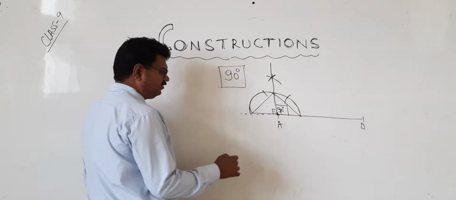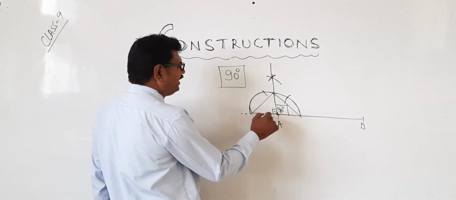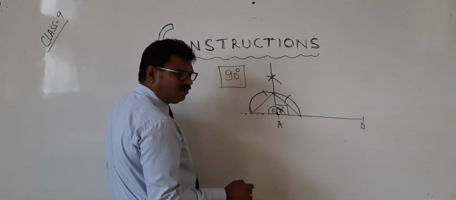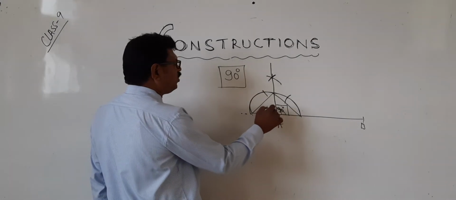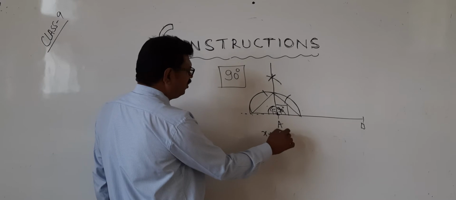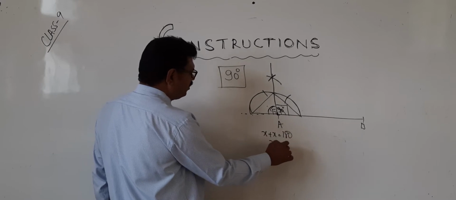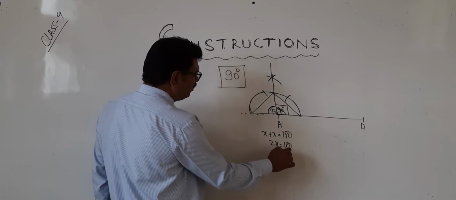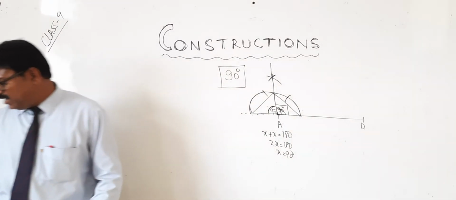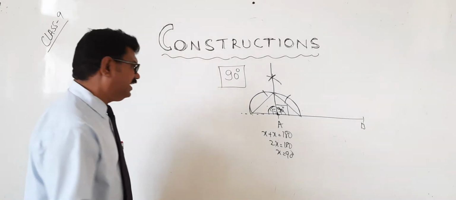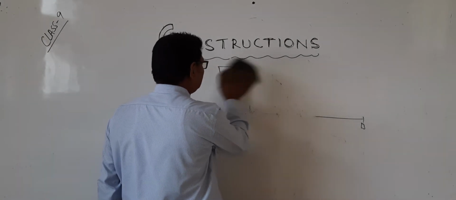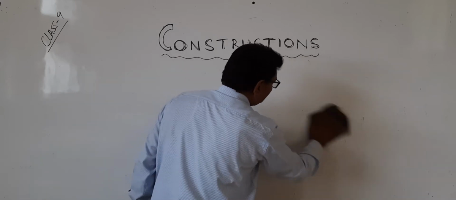These two angles, since it is a straight line, this angle plus this angle is 180 degrees. But these two are equal to each other. Therefore, x plus x equal to 180. Therefore, 2x equal to 180. x equal to 90 degrees. So you can justify your answer like this. Okay? Did you understand? Yes. How to write justification I told you, you can do like this. Okay. Next we have